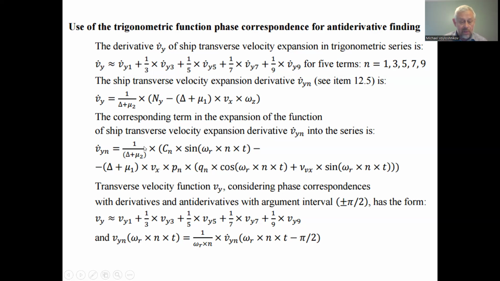When we take the derivative, we have to bring this factor, multiplying the time inside the sine and cosine functions, ahead of the function, but when finding the antiderivative, we have to divide by this factor. And besides, we must remember that instead of sine, we will have minus cosine when taking the antiderivative, and so on for each trigonometric function, and they are independent,